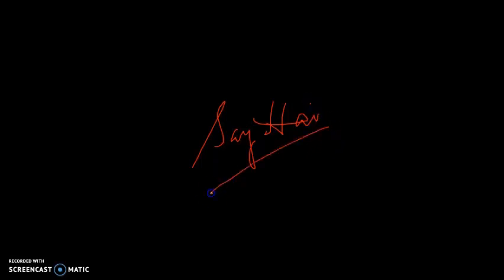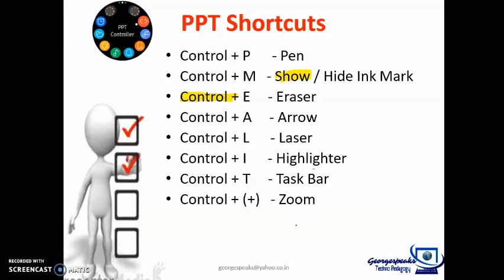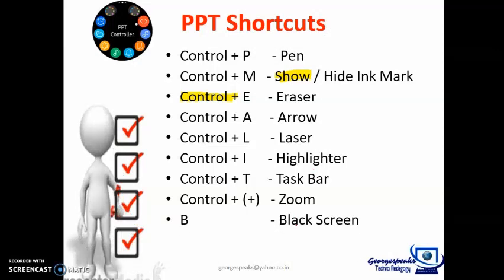See, here I am using a mouse to write. If you want it to be more legible and more clear, you can even use a stylus pen. But with practice, you can do well even with your mouse. So you can use a blackboard by just pressing B on your keyboard. And once again, when you press B, your blackboard would be closed and you will come back to your PowerPoint screen.